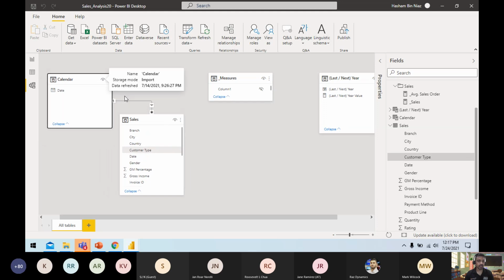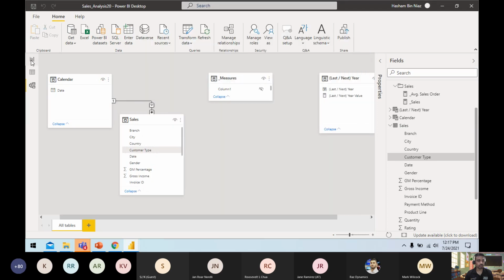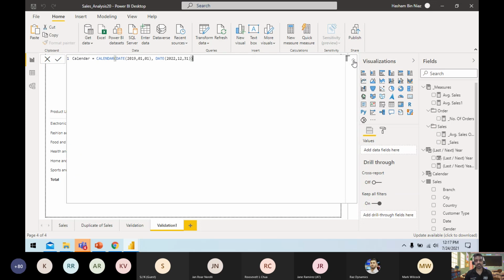I have connected my calendar dimension to my fact table using the date key, and you can see the relationship is many to one or one to many. Always make sure you set the cross filter direction to single; don't turn this to both. Okay, now to calculate the last year sales,